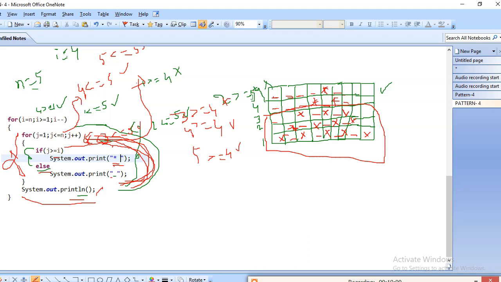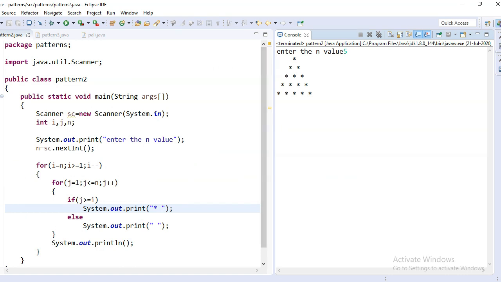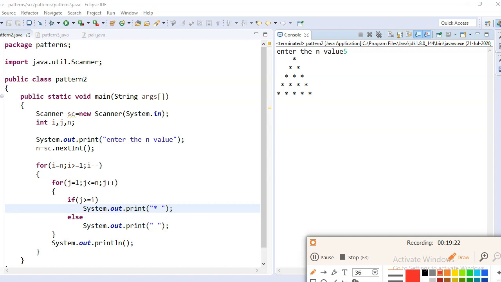In every program here, I have written n equal to 5, right? The n value, this is generalization. I equal to n, so please enter the n value. This is the generalization method.